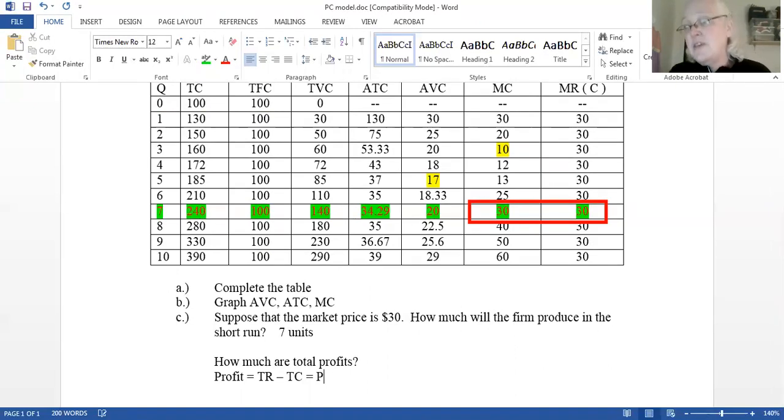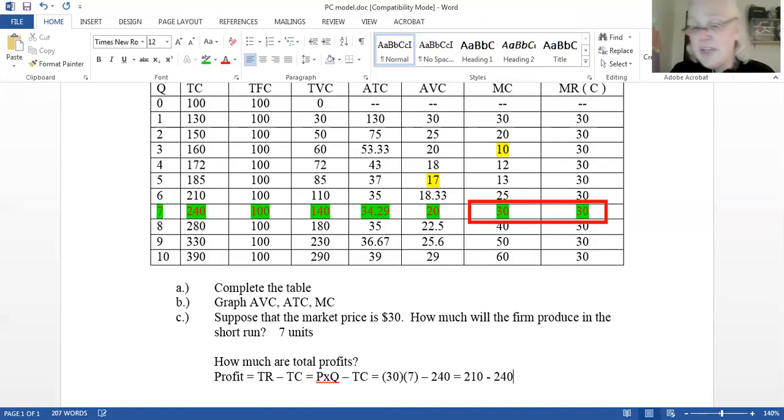So this is going to be P times Q, minus total cost. And so my price is 30, my quantity is 7, and my total costs are 240. So this is going to be equal to 210